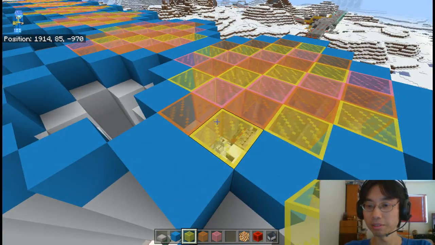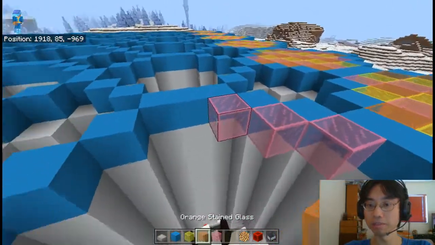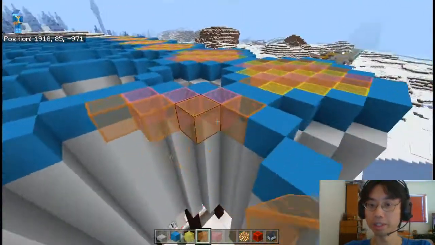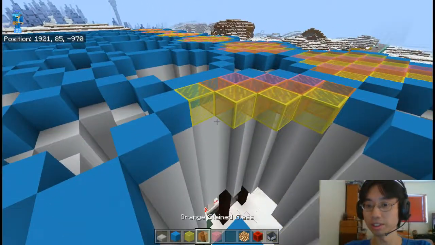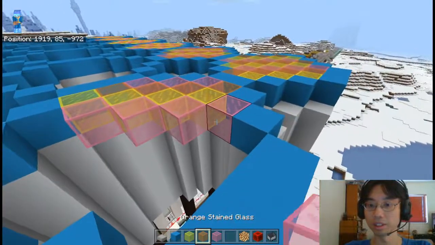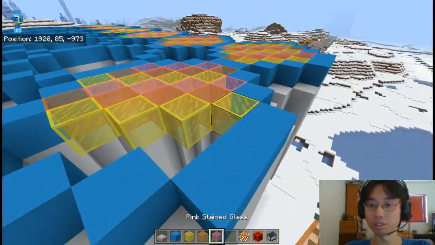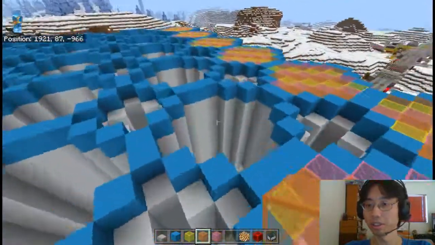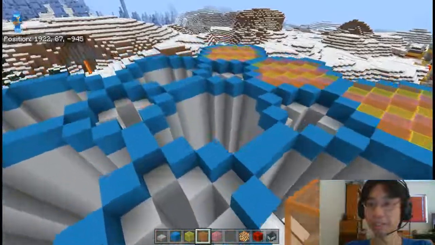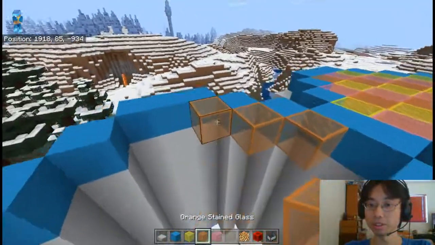So it's pink, orange, yellow. Yellow is there, and then pink, orange, yellow. I should start from the other side, I think. Pink, orange, yellow. I should start from the other side. Pink, orange,